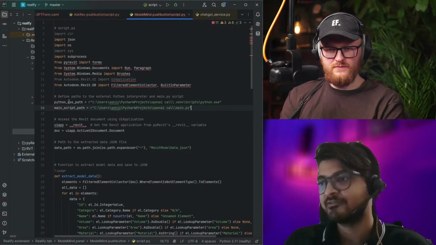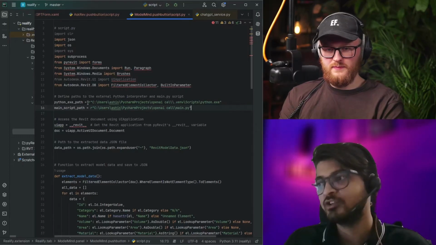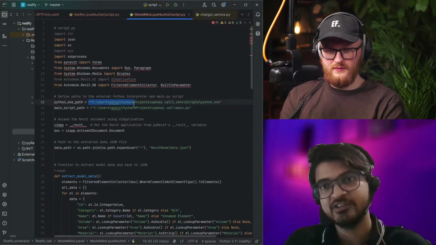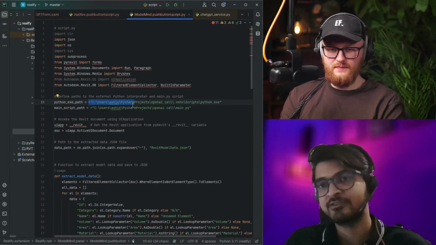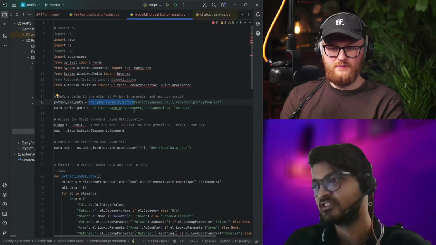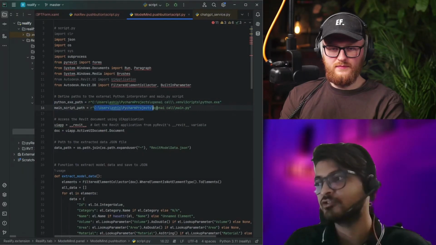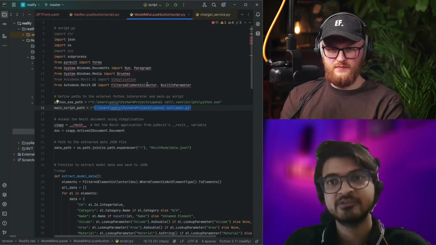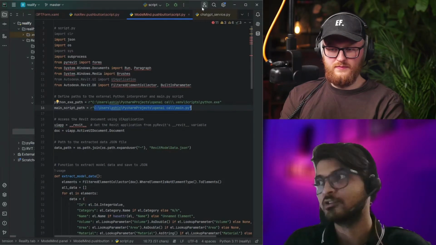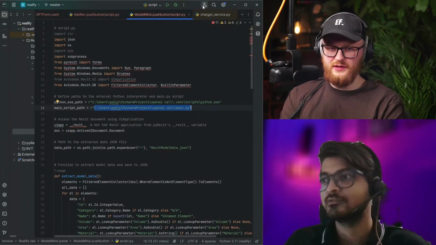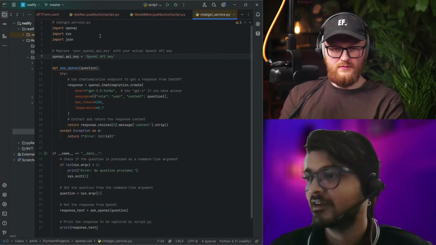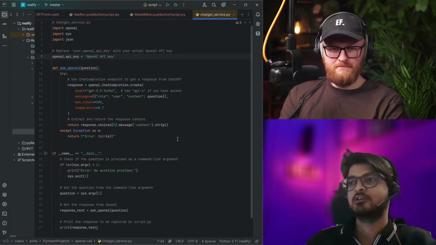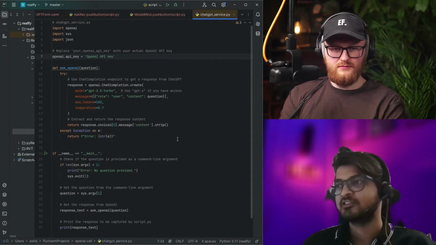As you can see, I have given a path to the Python 3, which is in a different folder. Again, I have created a virtual environment for that Python 3, and this is the path for the code where my server for the Python for OpenAI is working. So this is the Python 3 script. Here is a normal import and normal execution of the code